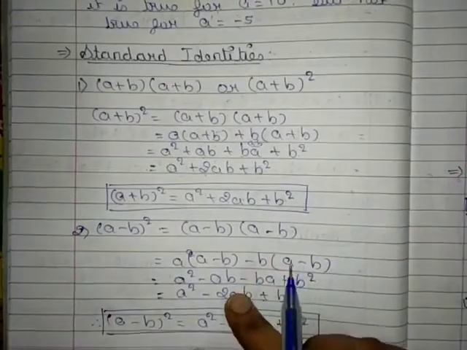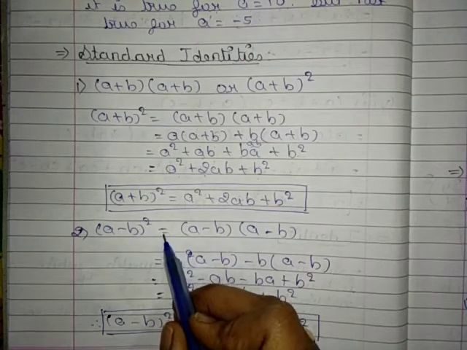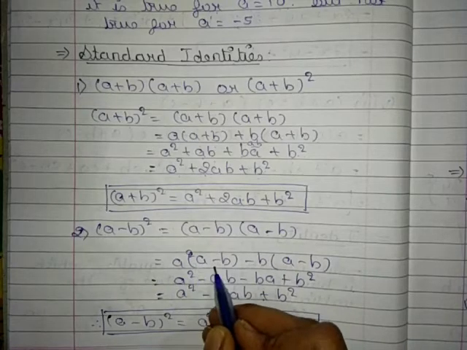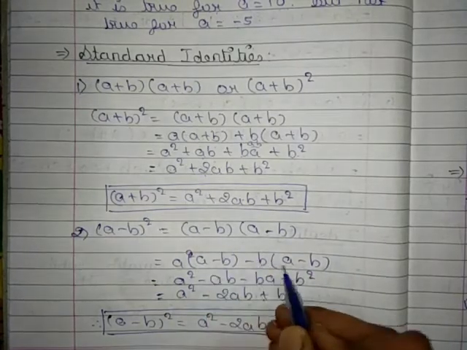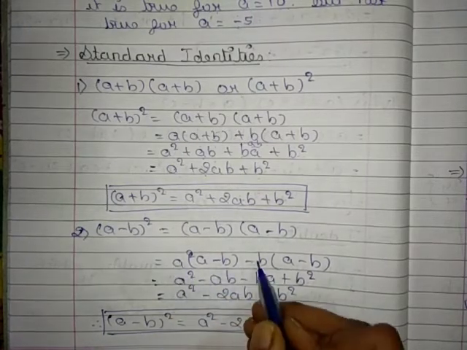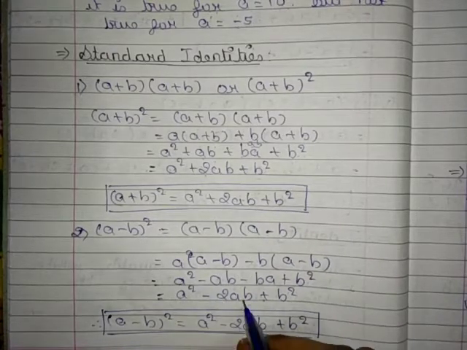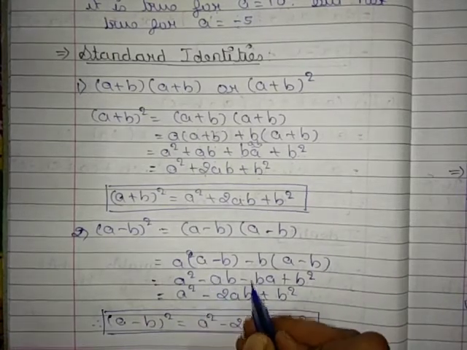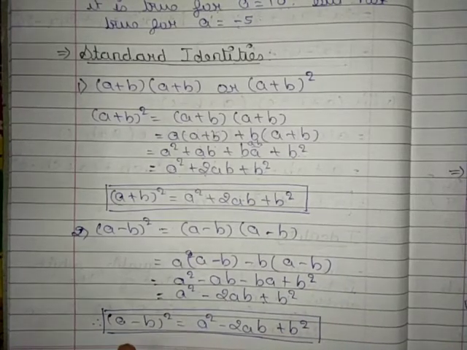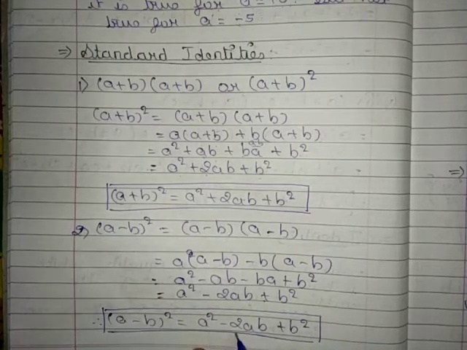Okay, now the second is (a - b) the whole square, which we can write as (a - b) multiplied by (a - b). So a multiplied by (a - b) minus b multiplied by (a - b), that is a² minus ab, minus minus plus, b². So a² minus 2ab. Why 2ab? Minus 1 is minus 2ab, plus b². So we have got the second identity: (a - b) the whole square is equal to a² minus